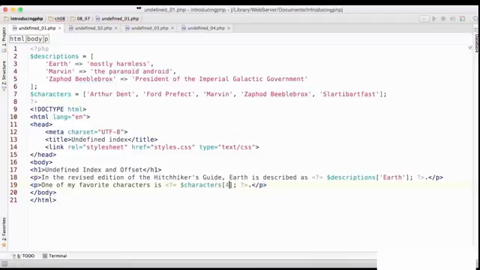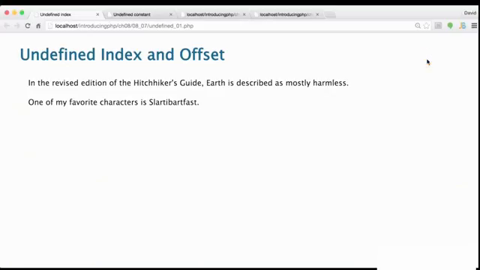So if we change that to 4, save that, and then reload this page in the browser, both of those problems go away and the page is displayed correctly. So let's take a look at the next file. That's in